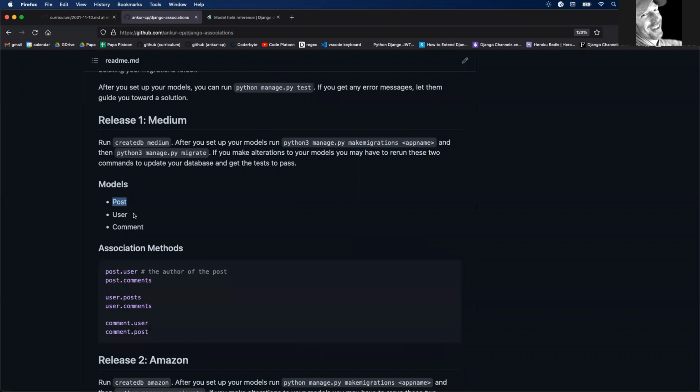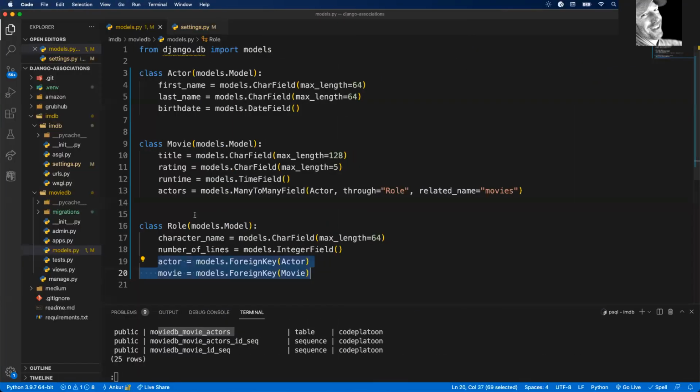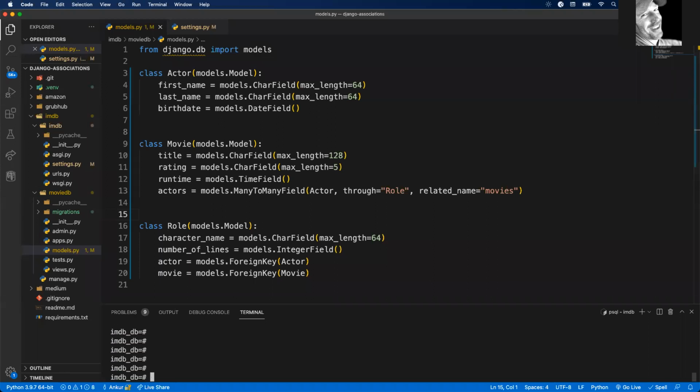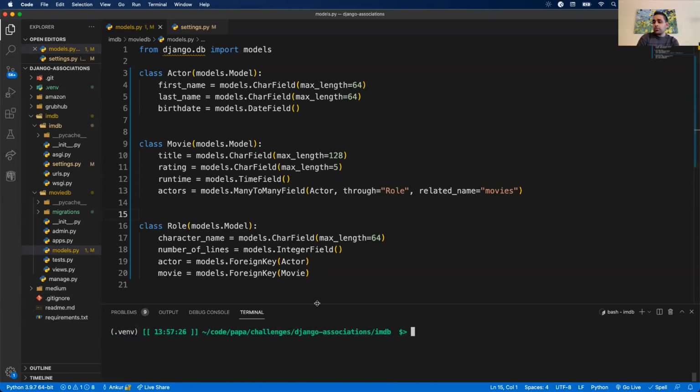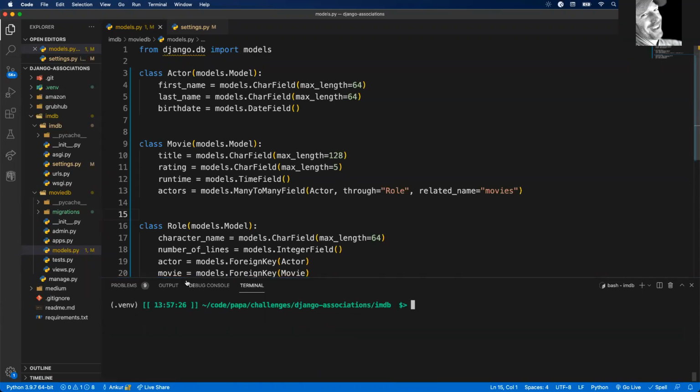In your last example, when you make migrations and then migrate, are you now going to have a role table? You will not have that actor/movie table? That is a great question. I should definitely make migrations since I added a new model and also updated a field in my movie model. Let's find out what happens. So I'm going to run python manage.py makemigrations.